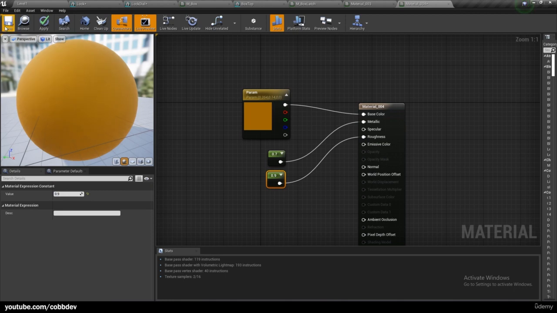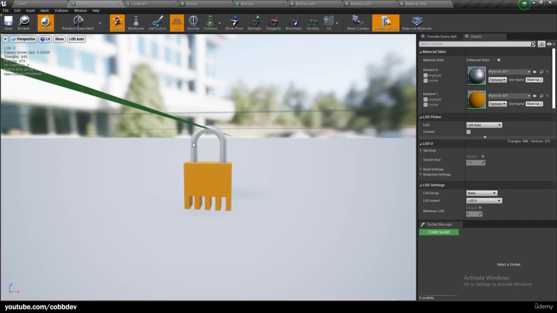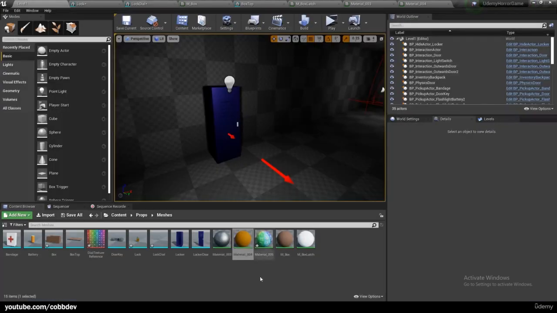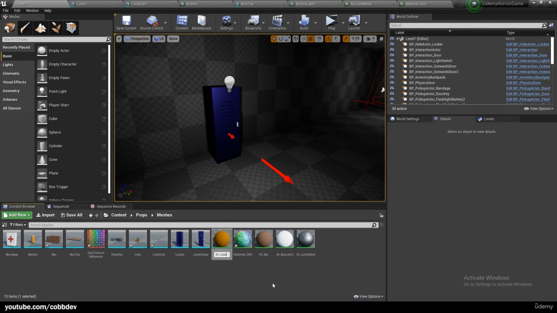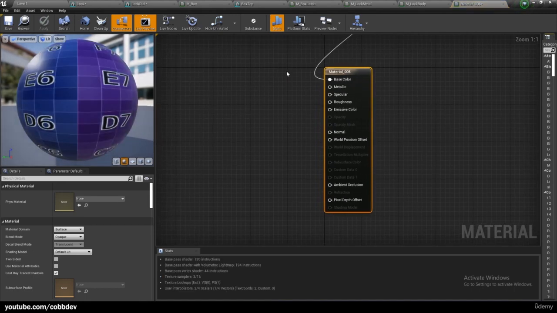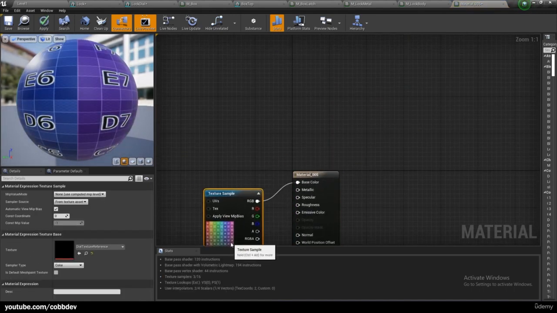Whatever you want, that looks fine to me. Just gonna save and compile. And yeah, I like the look of that. So we will call this block metal and block body. Now for material 5, it's got this texture on it, but this is, like I said earlier,